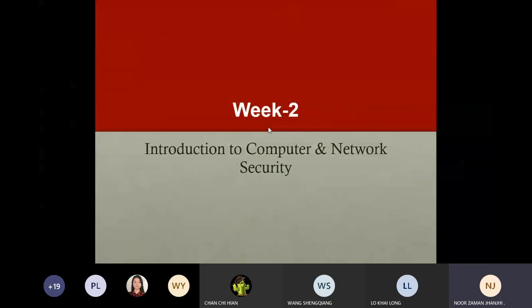So what is network security? We'll discuss the introduction to computer network security, what we expect, and what is the current scenario of the world related to network security. So we will try to discuss one of the attacks and show you the live data about one of the attacks. So you will realize how important computer network security is for us.